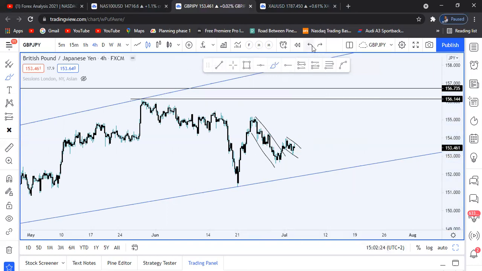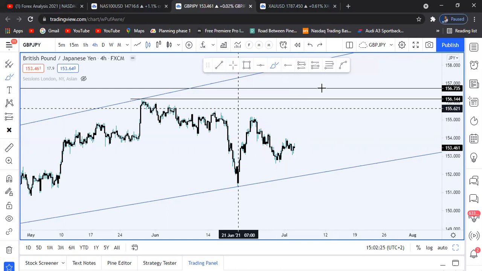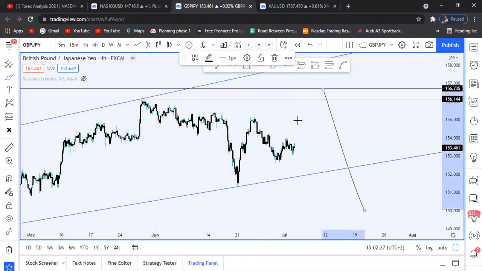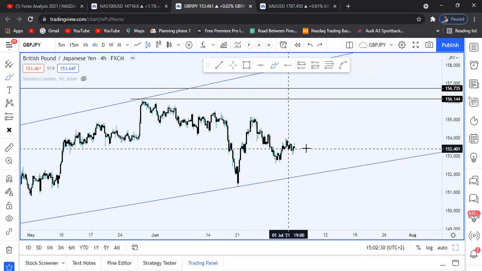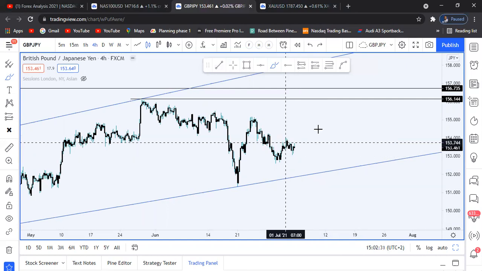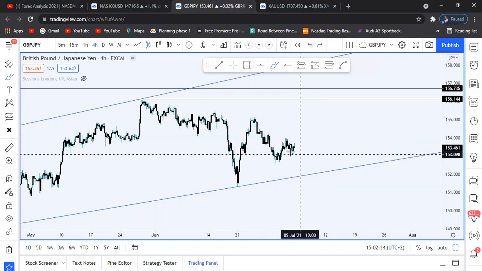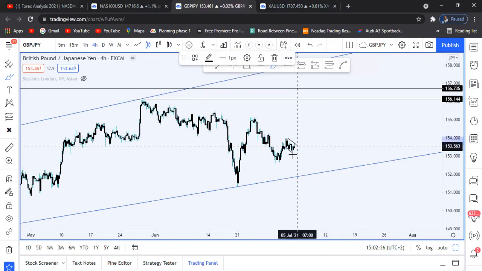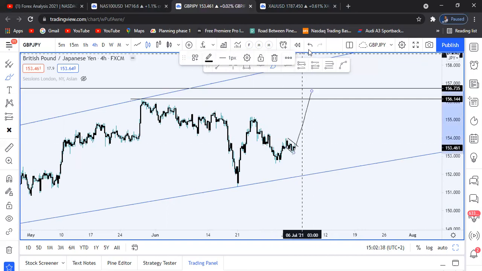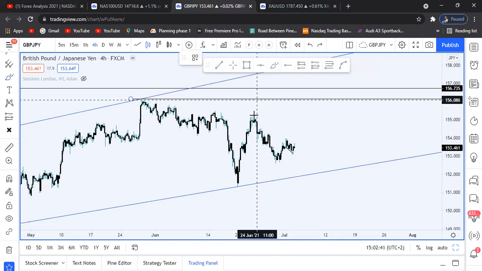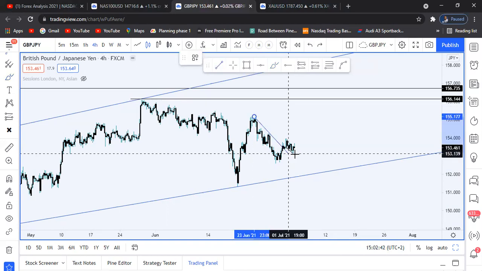Remember, guys, I told you that on the bigger time frame we're looking for price to shoot to the downside, but for now, what is price doing? We cannot just say, okay, we're just going to go and sell. We still need to see what price is doing on the smaller time frame. So we might see price pushing all the way to the upside. So what I'm basically going to do now is try and construct my trend line. So nice.